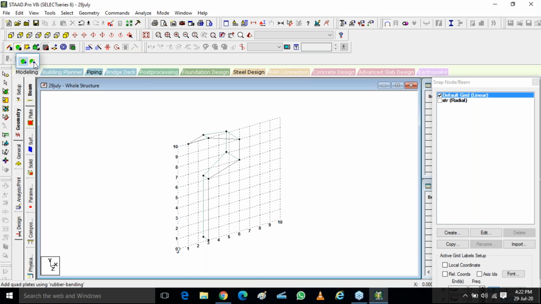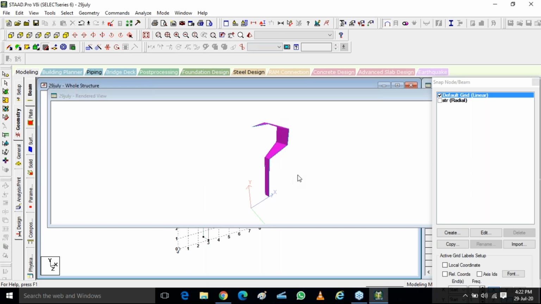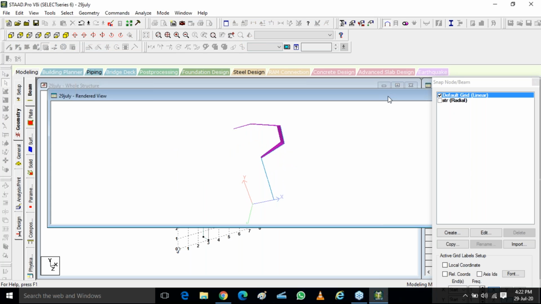Now I have to put a triangular plate here. Done. I'll just go to my 3D view so that I can analyze it. Okay, it is good.